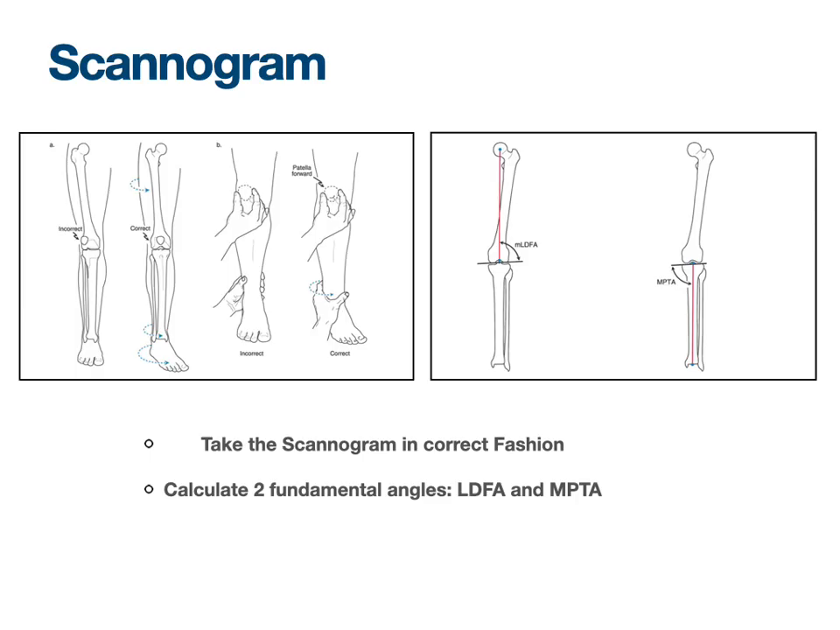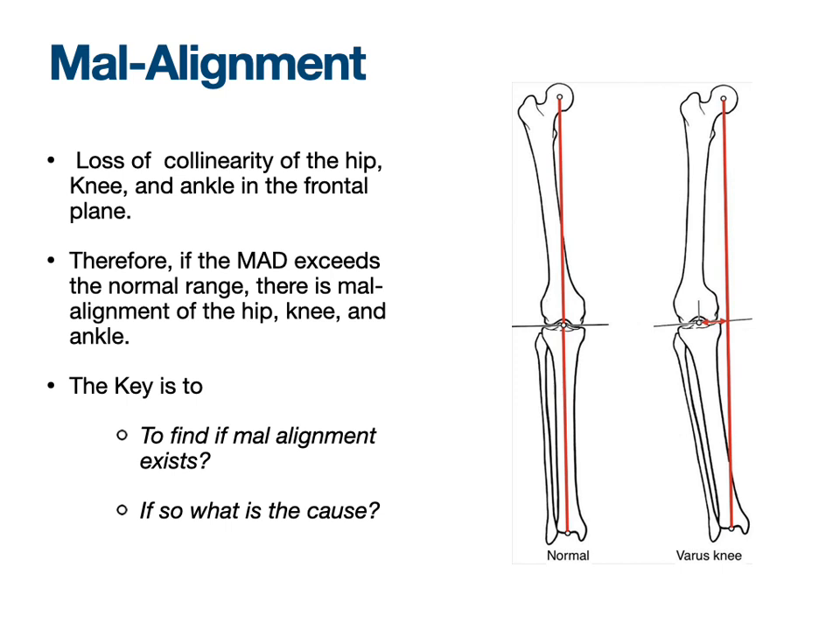I think the first step is to do a scanogram and do it in correct fashion. After you have done, you calculate the HKA, LDFA and MPTA. The first step is to look at malalignment. What is malalignment? It is the loss of collinearity of the hip, knee and ankle in the frontal plane. So it is very important to see first of all that if there is a varus, which means that the line from the femoral head center to the ankle head center passes medial to the